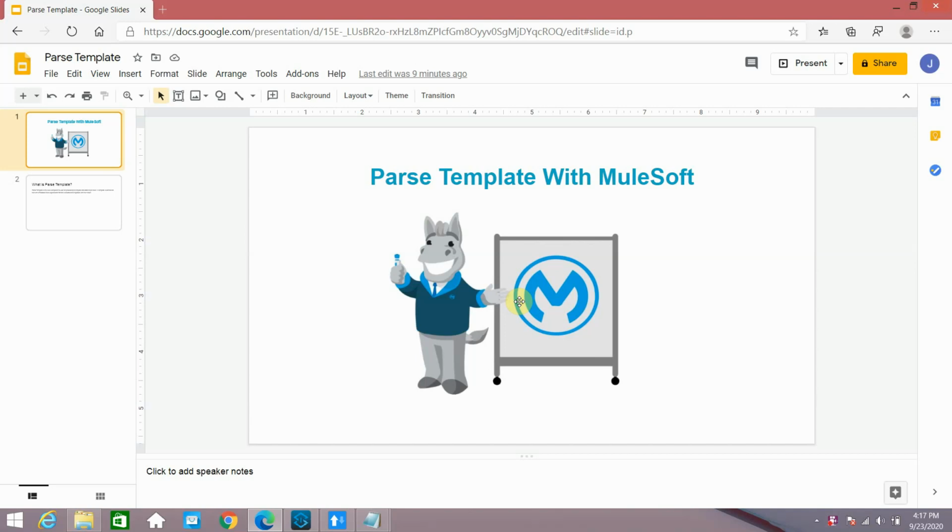You define your template, and there can be some dynamic values. For example, you are sending mail to different people, and the name can be different for each person. The date can be different in that mail, and various other content can be different. You can use a Mule expression in place of that content. In real time, those Mule expressions get evaluated and updated with the actual values we get in the input request. We are going to see that example.